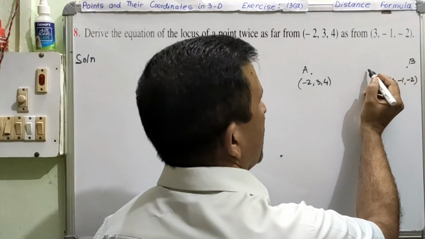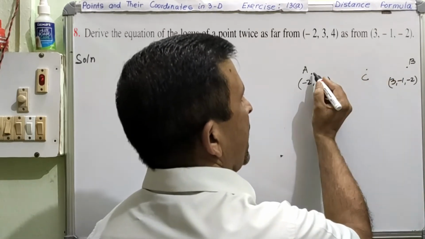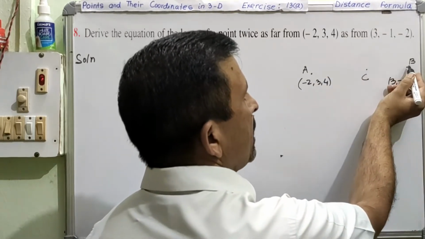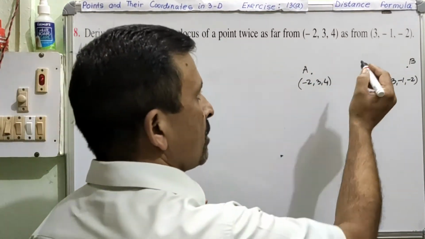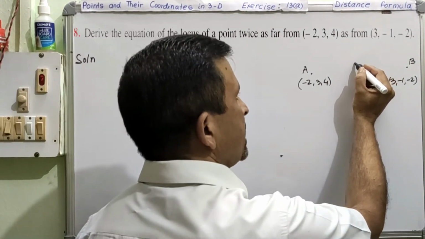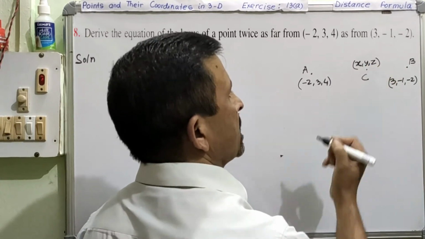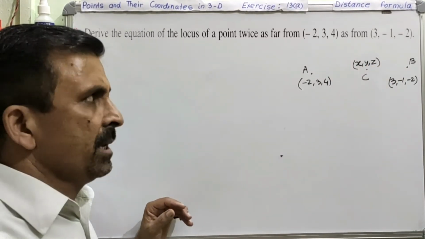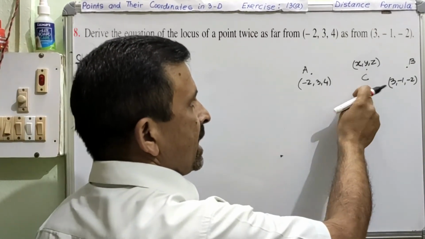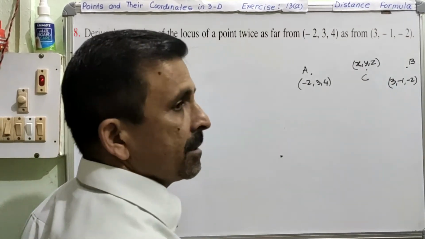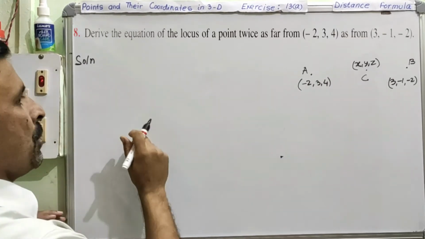So let us mark the point. Suppose that point is here, C. This is the point C whose distance from A is 2 times more than the distance from B. So according to the given condition, we have marked the point. Now let us assume the coordinate for C. It is X, Y and Z. So you will notice that this question is almost the same as question number 7. Clear? Only the thing we have to keep in mind is that AC is 2 times more than BC. Is it okay? So keeping that in mind, we will try to find out the locus of point C.